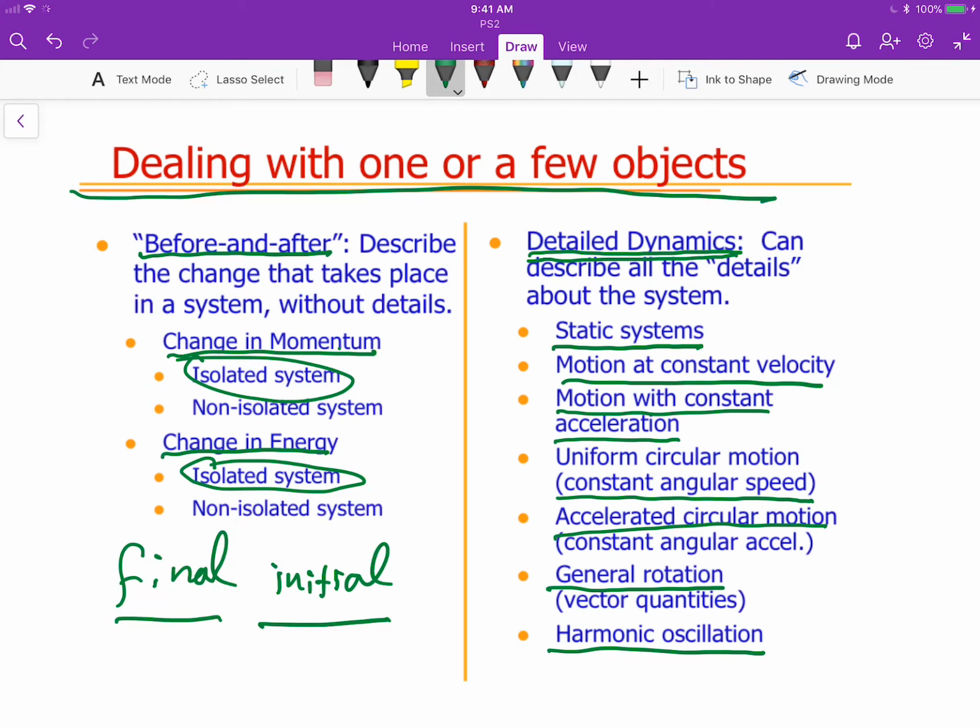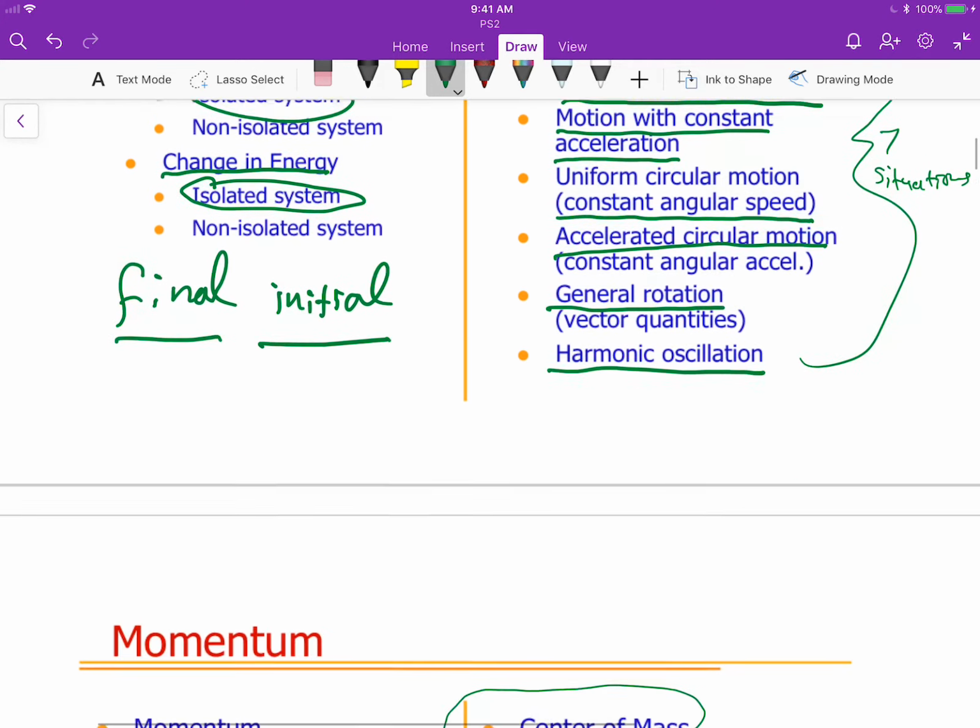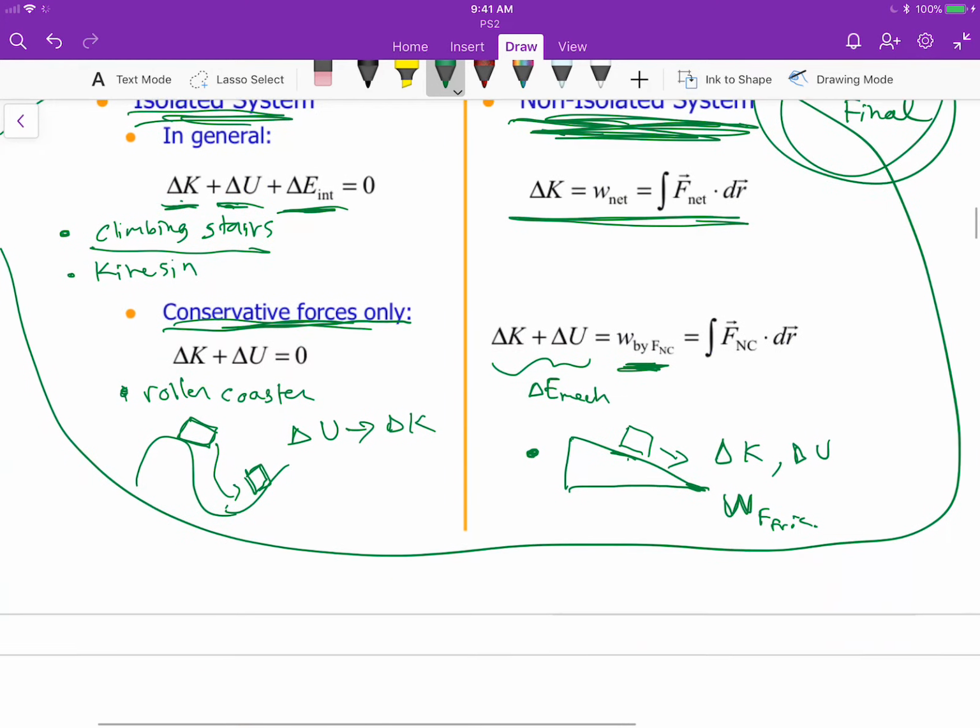Okay, so now what I want to do is go through these 7 situations where you can use your detailed dynamics. Each of these 7 situations, and those are the only situations where we use detailed dynamics, I'm going to give you an example for each one of them. So let's start and look at